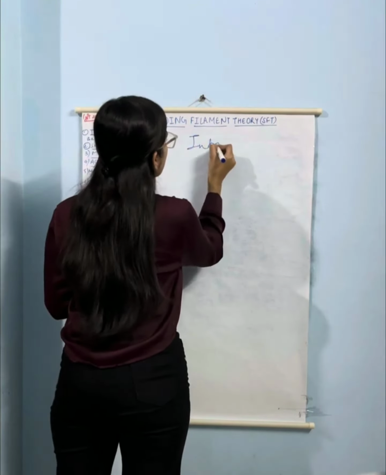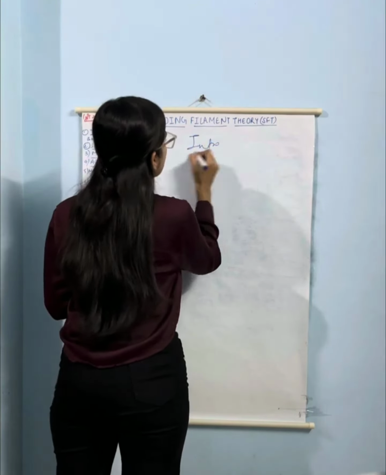So what is sliding filament theory? Sliding filament theory explains the muscle contraction, and it states that the contraction of muscle fiber takes place when the thin filament slides over the thick filament. So here the question arises: what is thin filament, what is muscle fiber, and what is thick filament? We will discuss everything one by one. Before going to the main topic, I will start from some basics. So you should know about skeletal muscle.